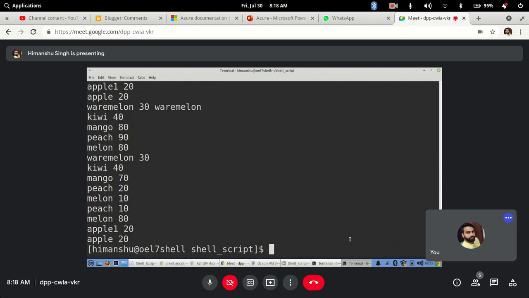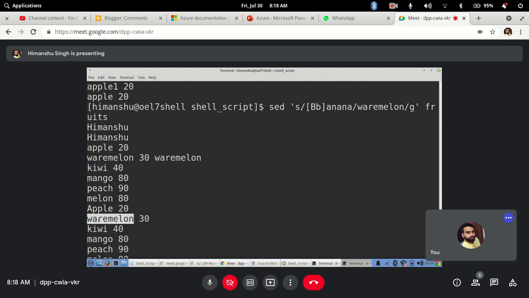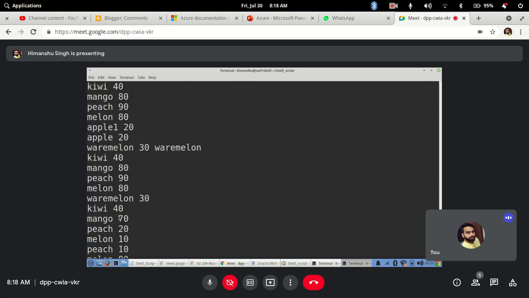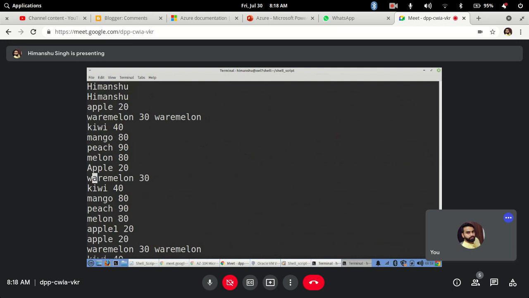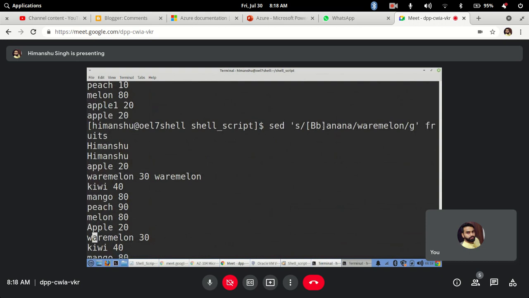And I hit enter. See, it will make the changes the same way, this one, that it has changed. There is no banana pending here. Got it? The square bracket. So we are saying either start with the particular entity or start with the other one, whatever range you want to give.